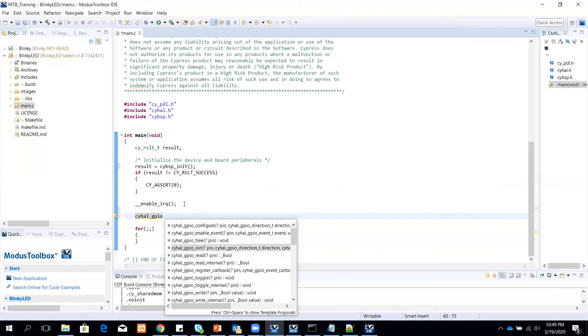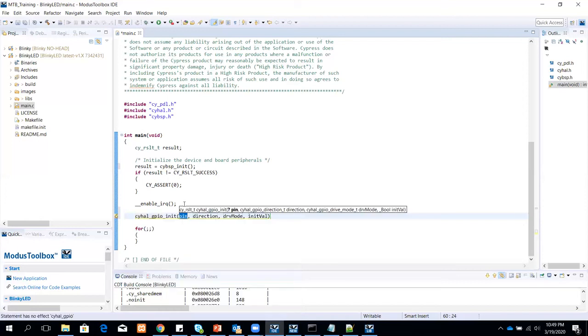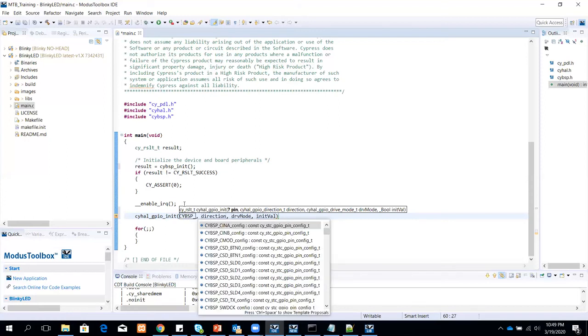So we have the init, which is the same across all the drivers. You'll have an init for each of the drivers. This is the first thing you will do, and it will tell you the different parameters that you have. First is the pin, and here you will use BSP specific macros, and I'll tell you the reason for doing so in a bit.